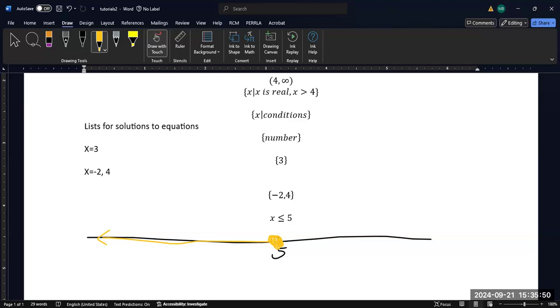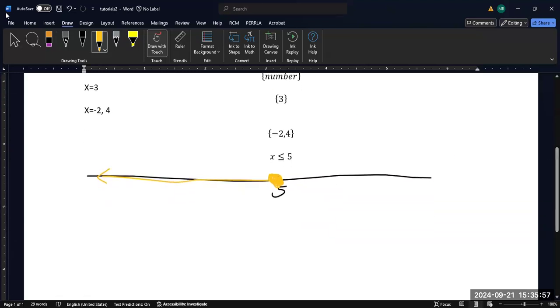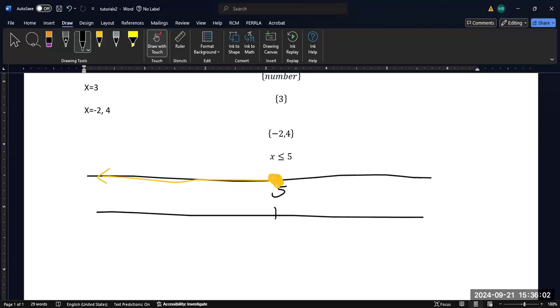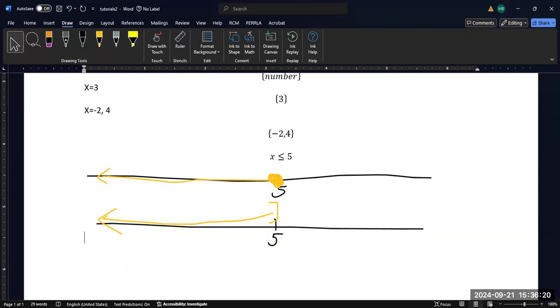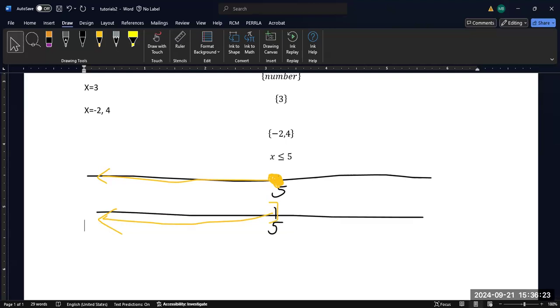I would fill that in as a solid dot to indicate that it's included, or I can, here's my arrow, and then put in a square bracket. And again, the square bracket and the closed dot, these are things that are going to remind me